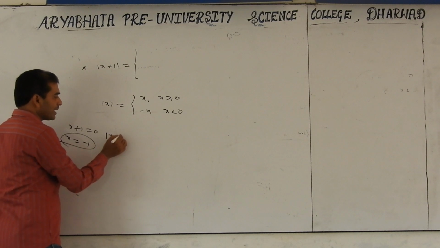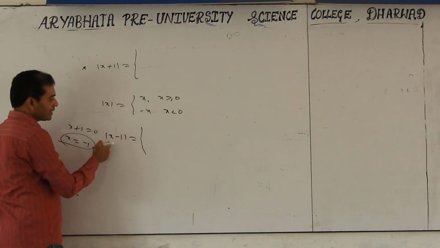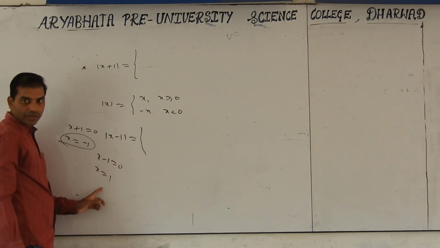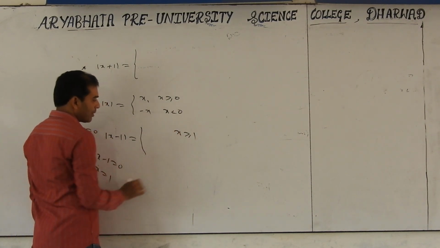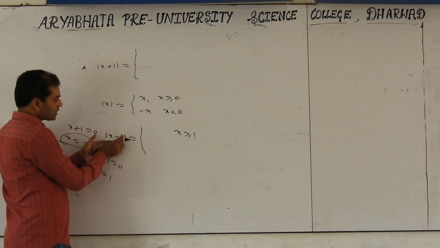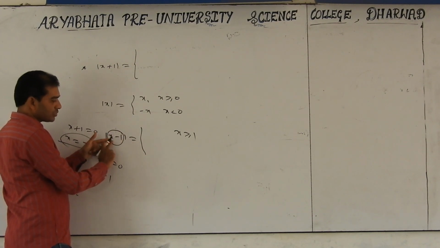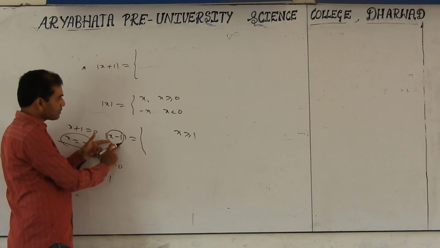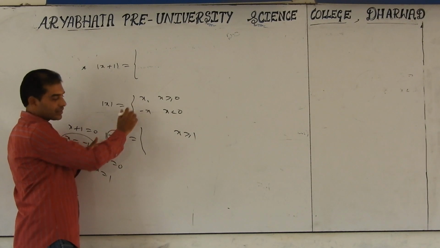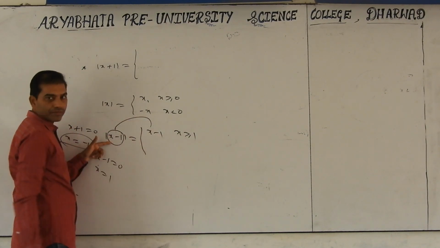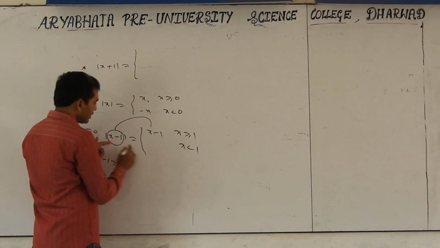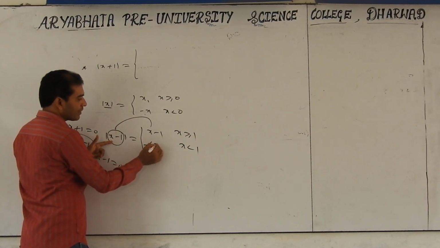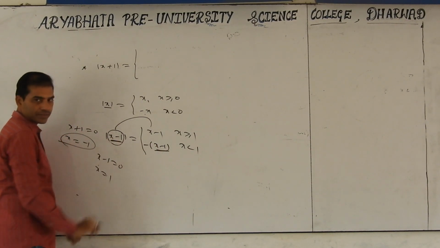What about mod x minus 1? It is changing at what point? X is equal to 1. X minus 1 equal to 0, x is equal to 1. If you take above 1, the mod x minus 1 is positive. You take 2 minus 1, 1. 3 minus 1, 2. Positive. If it is positive, the mod x is x. So this is x minus 1. If x is less than 1, this is negative. Then if negative, mod x is equal to minus x, so minus of x minus 1. This is considered as this.